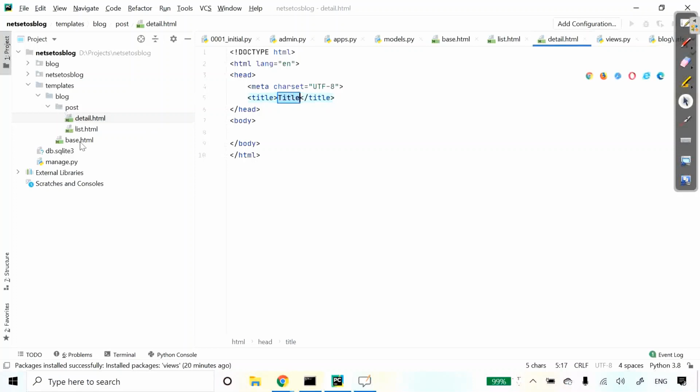Here I have created this base HTML so as to include all the main HTML structure of our website. And we will divide the content into a main content area and a sidebar. And then I have list.html and detail.html which will inherit from the base.html file so as to render the blog post list and detail views. As you have seen, Django has a powerful template language that allows us to specify how data has to be displayed. So let's add some more lines in base.html.